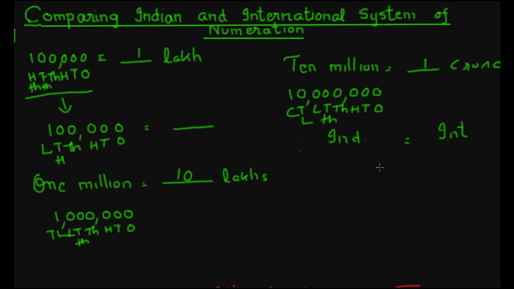For example, we have the number 1 lakh. You need to convert it into the international system. You have ones, tens, hundreds, thousand, 10,000, and here you have the 100,000. So this is 100,000 according to the international system. Now kids, I'm sure you know how to convert the Indian system to the international system